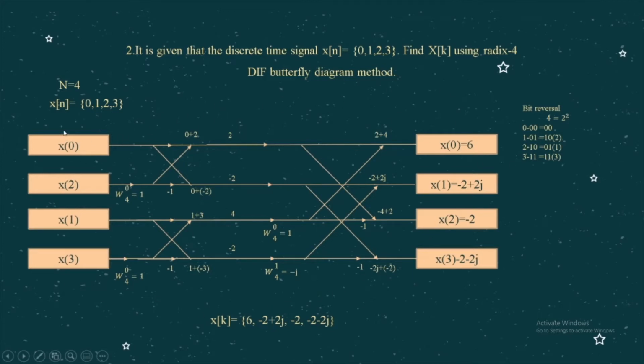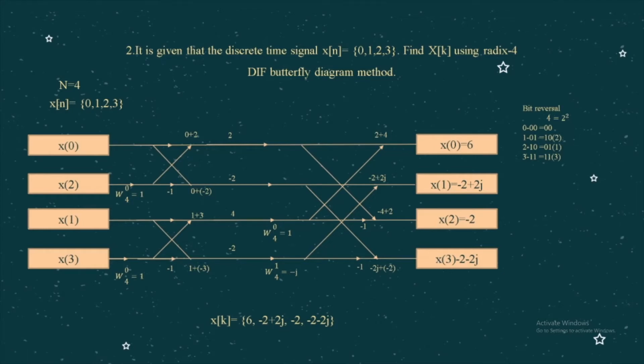On the input side, we arrange it to x0, x2, x1, and x3. If you wonder how this was arranged, we use the bit reversal. As we know, 4 is equal to 2 power of 2. So this number 0, 1, 2, 3 can be